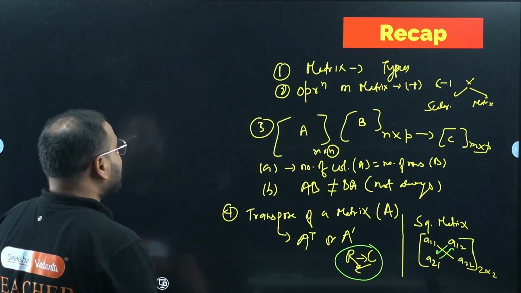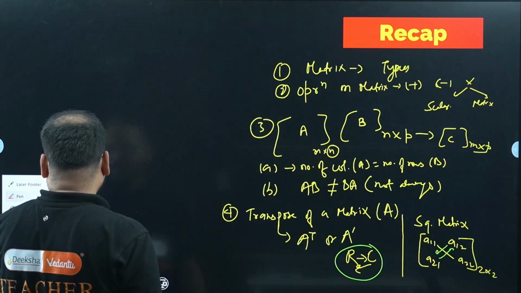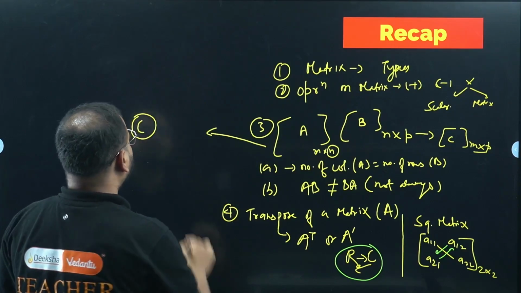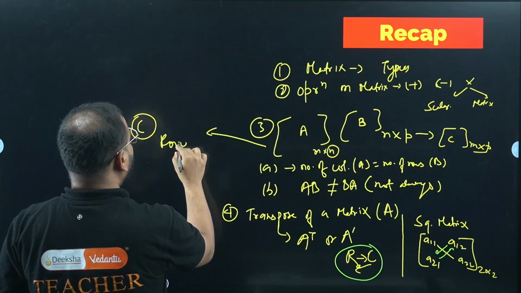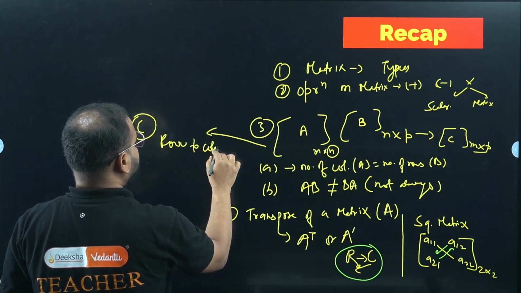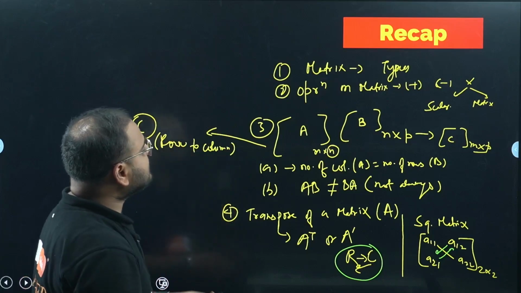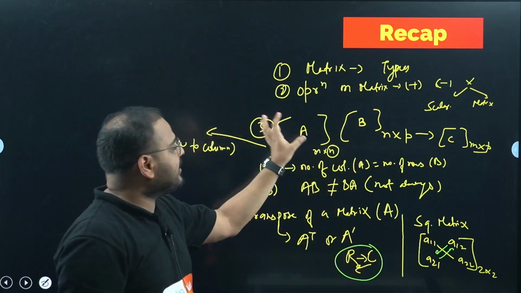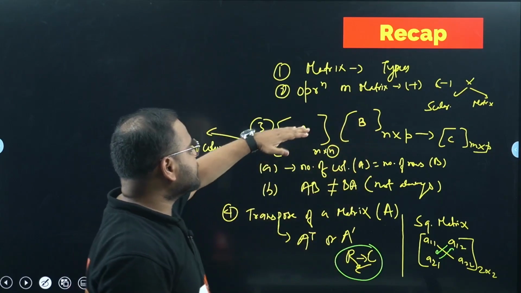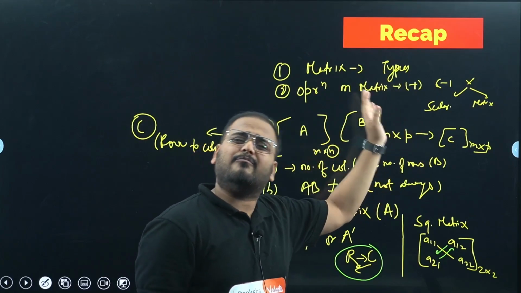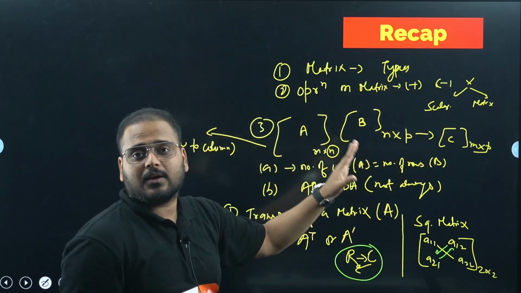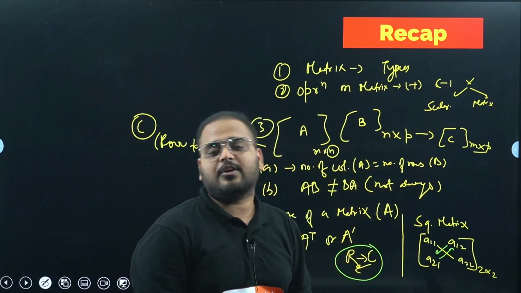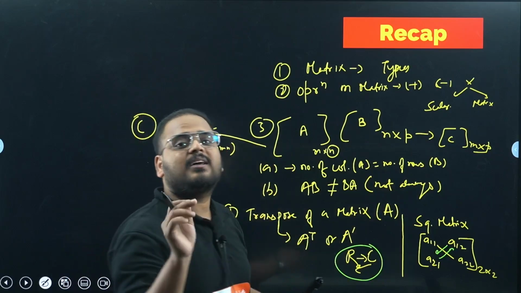One more thing I forgot to mention, very important, in the multiplication part. Multiplication is always row to column. What is the meaning of this? You take a row of matrix A and multiply it with a column of matrix B, whether it is the first column, second column, third column, whatever the number of columns in matrix B. Same way, for the second row, you will multiply with each and every column and take a sum to get the particular element.